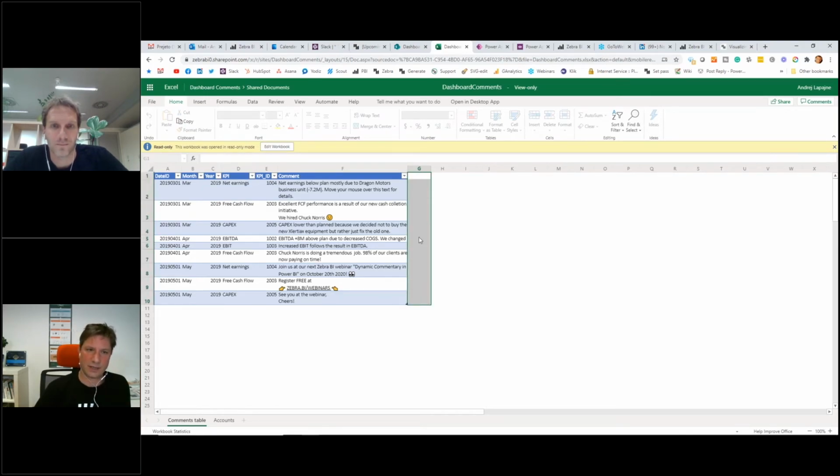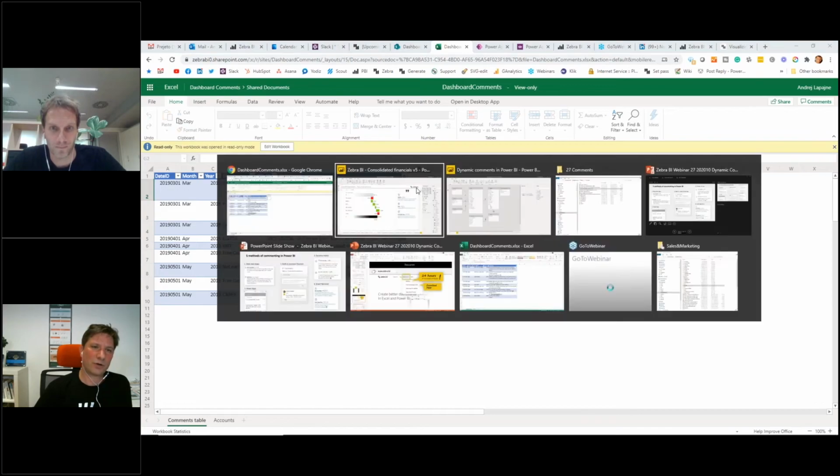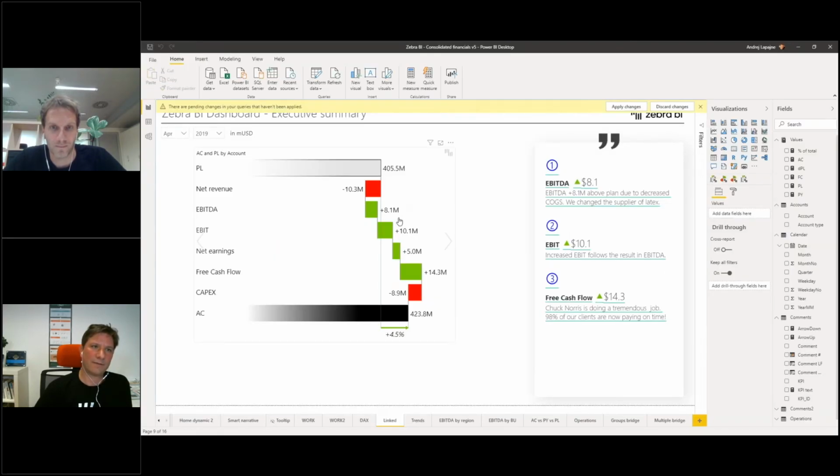So now you have the user here, and then you need to make sure in Power BI to use the row level security, the roles in Power BI, and then create the rules for that. So if you Google roles and row level security in Power BI, you will find similar examples, and I'm sure you can amend those methods also to the comments table. Yeah,